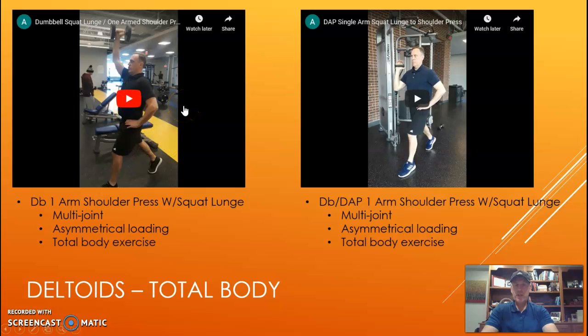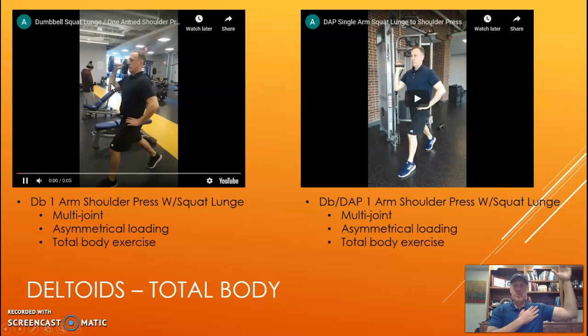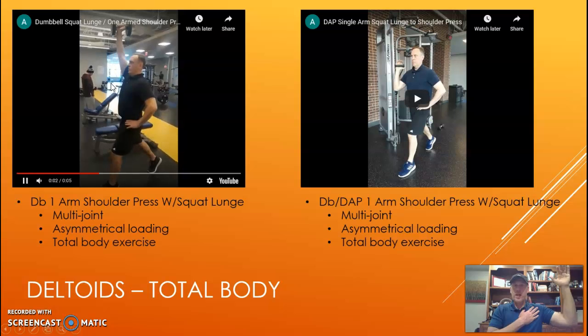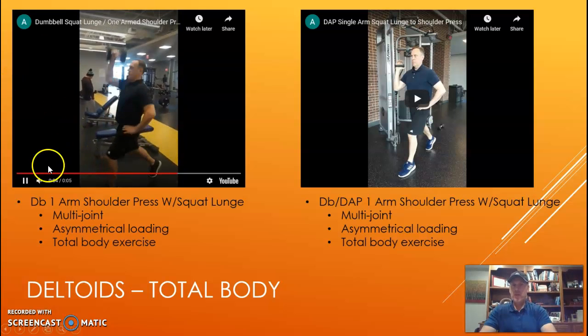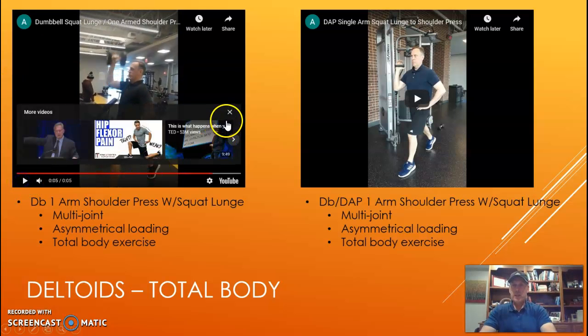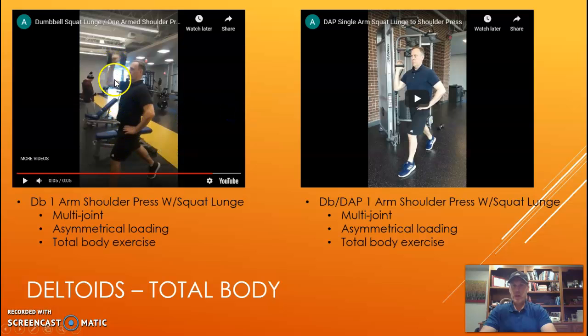Remember when I mentioned pay attention to the position of the upper arm and the shoulder? You'll notice now this elbow is more towards the front, so it takes it out of a frontal plane movement, makes it more sagittal. And you'll notice I have left foot forward as I'm working with my right hand in sagittal plane. So upstairs we have a shoulder exercise, multi-joint, and downstairs we have a leg exercise that is also